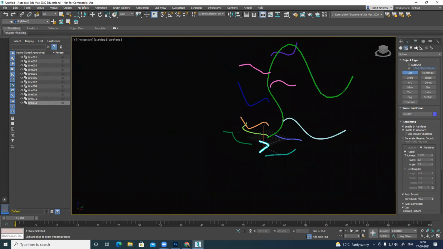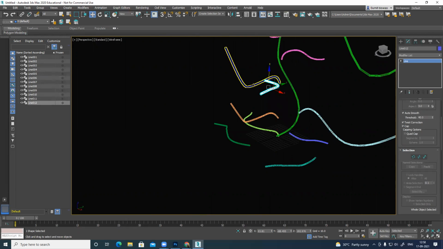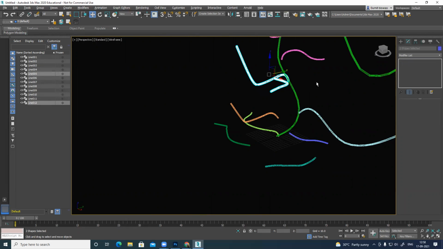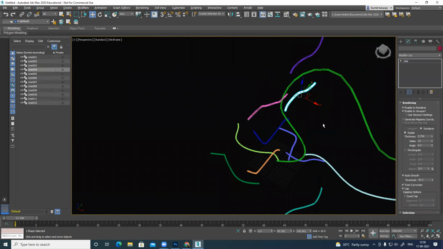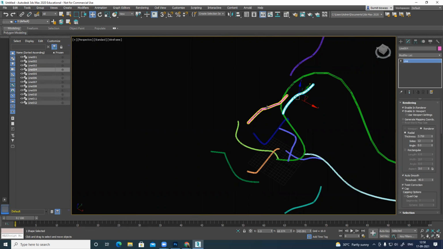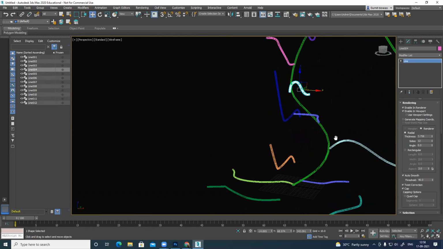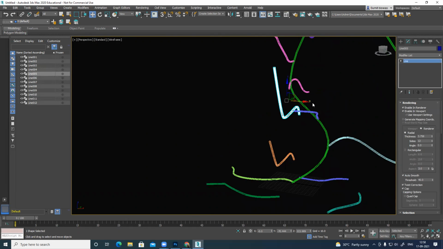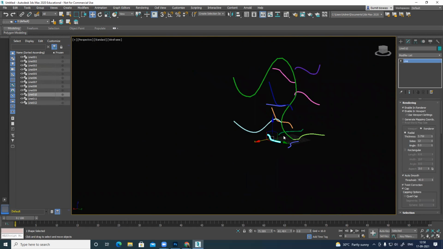So we'll create this thing and then align everything. So basically, I can create this thing.